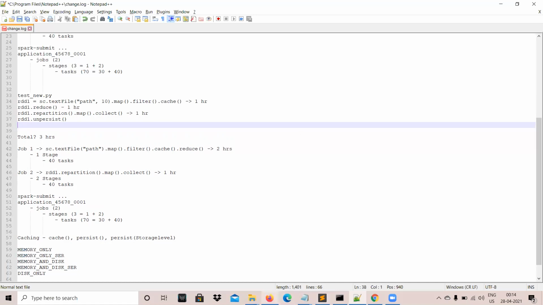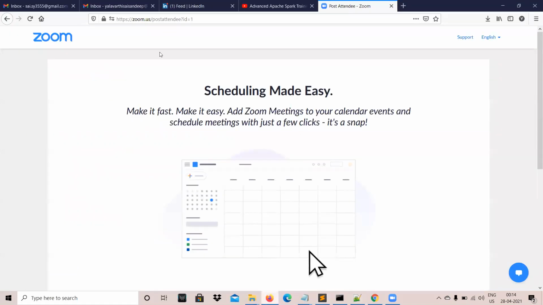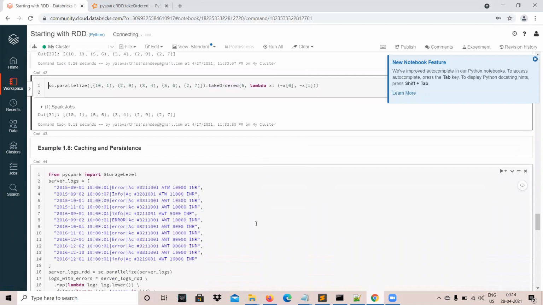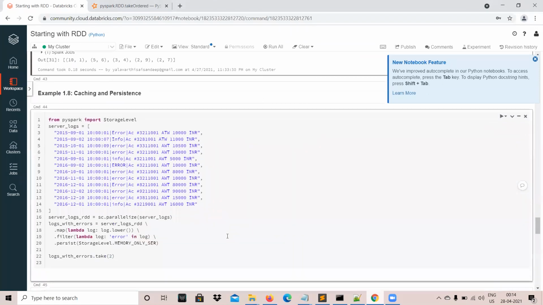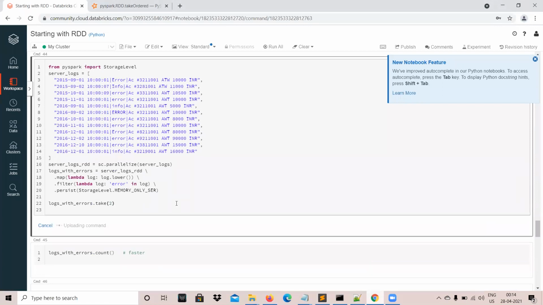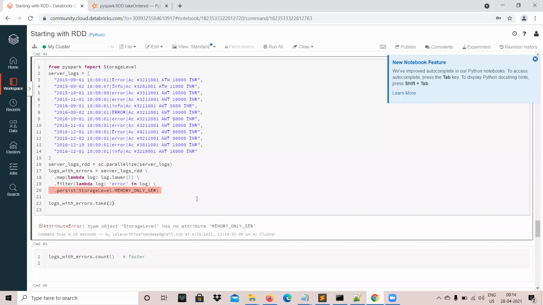It's exactly the same thing we are doing here. I think it has been changed. Memory only has been changed.